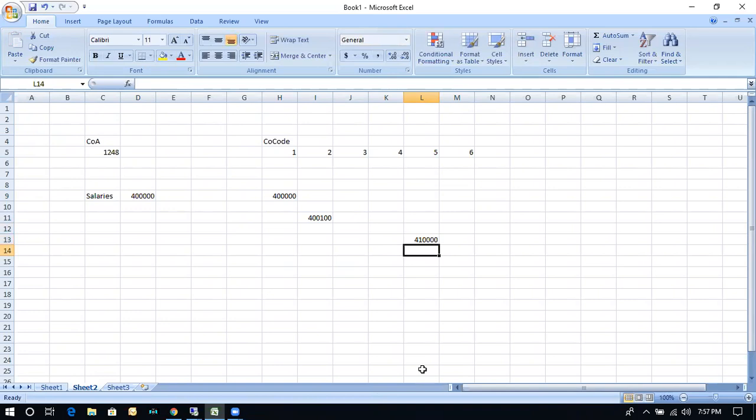There is a lot of problem. So in the consolidation, they have to pick up individually. For company code 1, take this GL. For company code 2, take this GL. For 3, take this GL. For 5, take this GL. They have to maintain a lot of rules, and it is going to be cumbersome. To avoid that, what we will do is we will keep 4 lakhs as a salary account in all the company codes. If you want to have this thing, what we will have to do is, first this 4 lakh